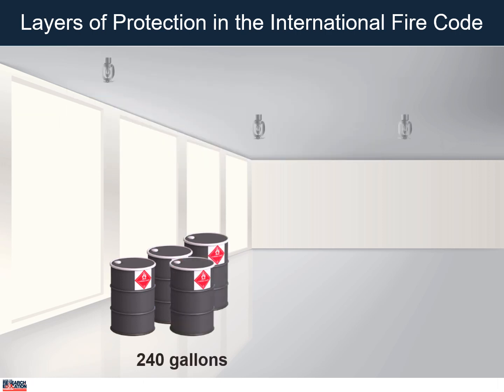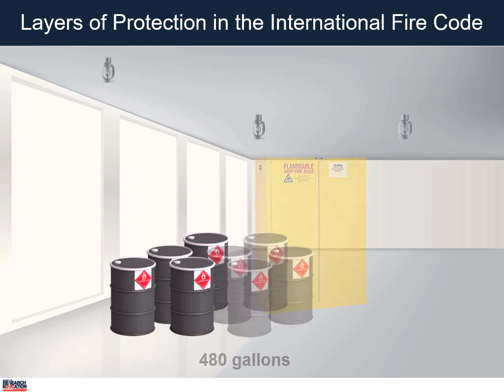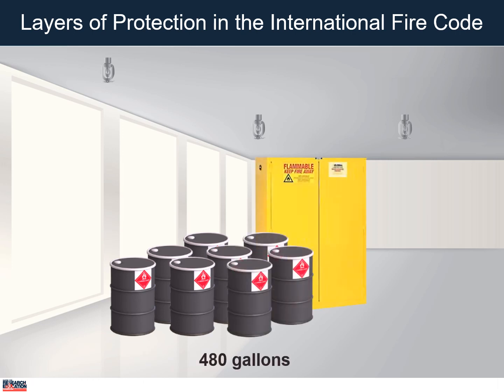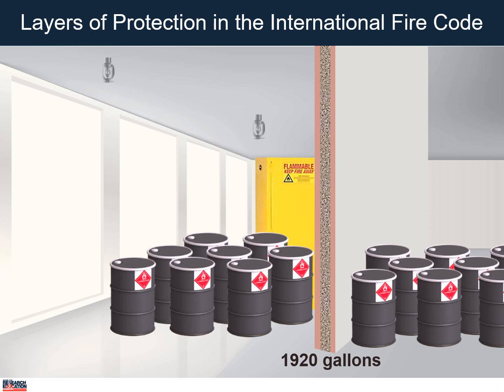If storage of up to 240 gallons is needed, fire sprinklers can be provided and the increase is allowed. We can also add an additional layer of protection in the form of approved liquid storage cabinets. Now the added quantity increases to 480 gallons. If more than 480 gallons is needed,